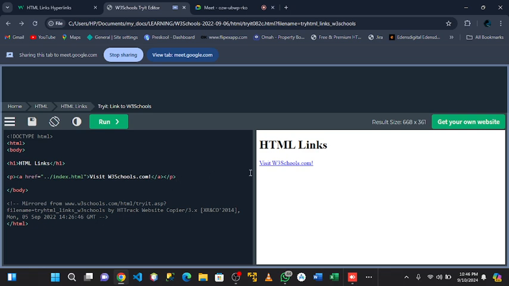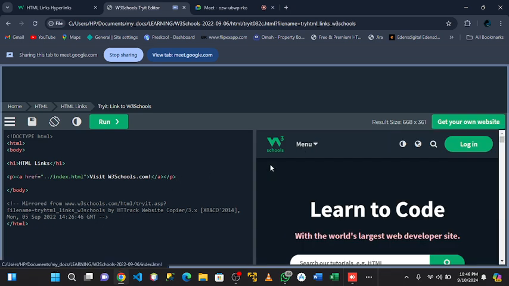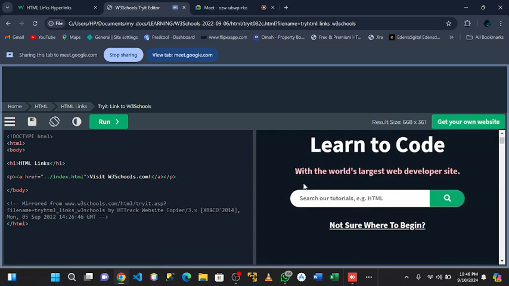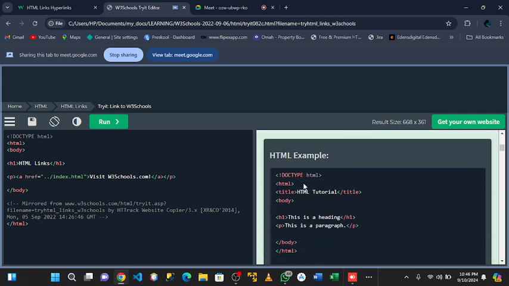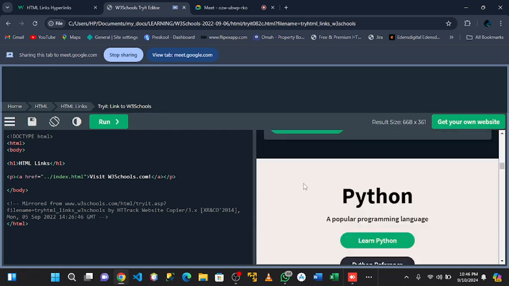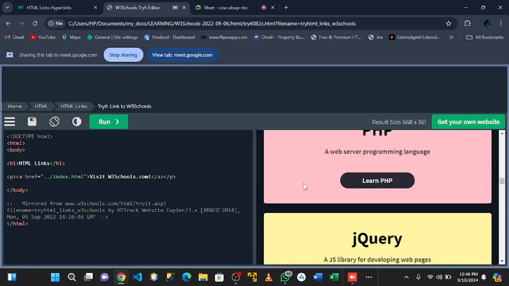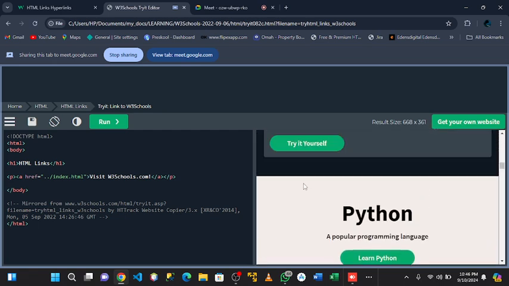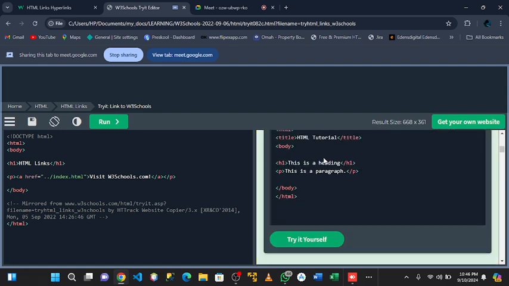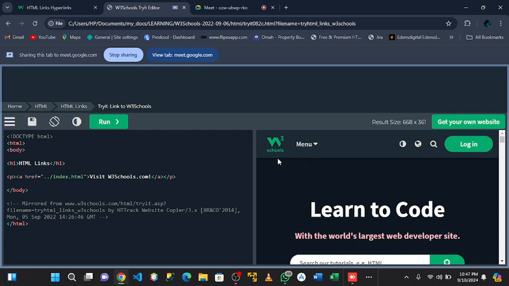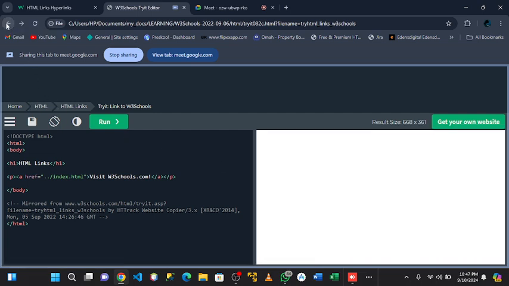So if I run this and click on this link, you can see here it took me to the index.html web page. That's one thing to note. And now if I were to go back on my back button,